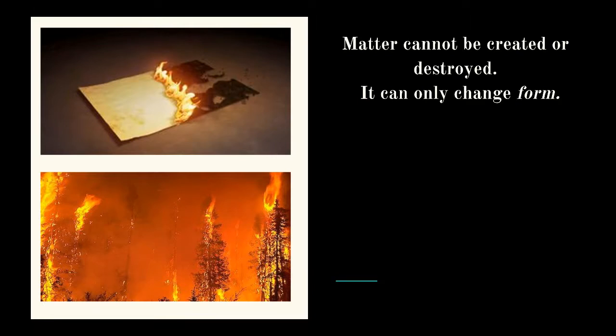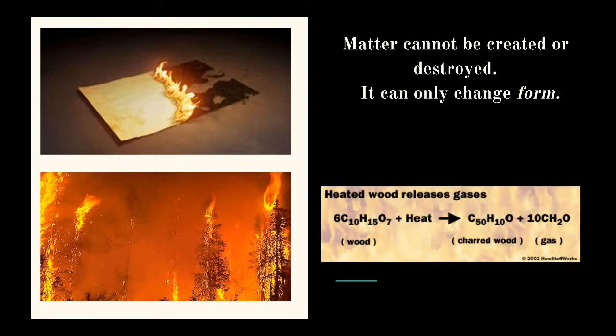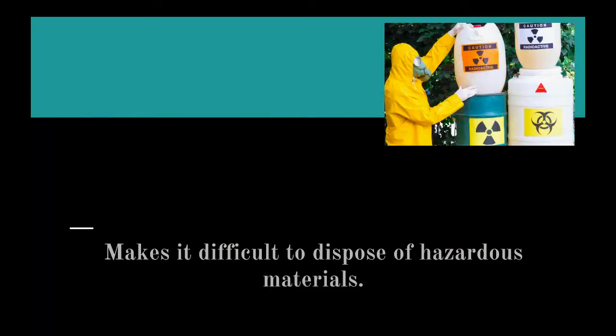But what's actually happening, if we look at the equation, is the carbon and hydrogen that make up the tree are combining with the oxygen in the air. And as a result, they're producing CO2, they're producing water, and they're producing other materials. And the key point of this, again, is that all the original atoms still exist, they're just changing form. And this makes it extremely difficult if something is hazardous,